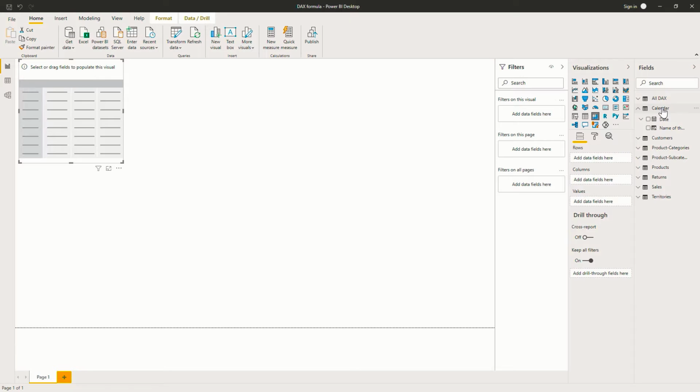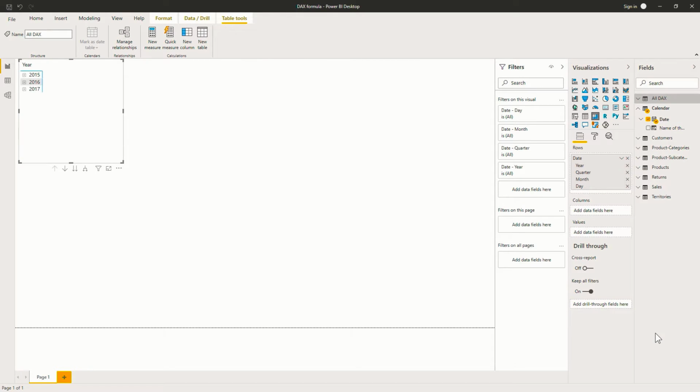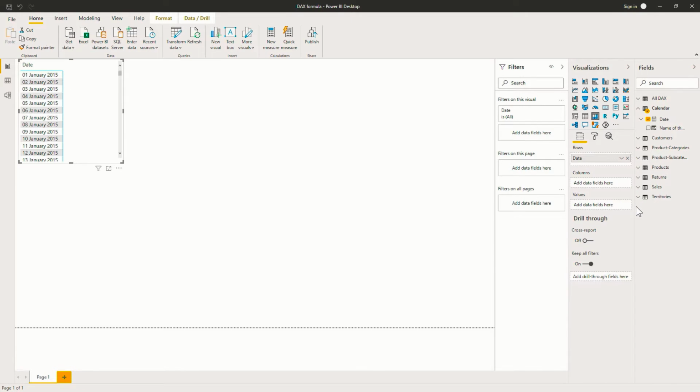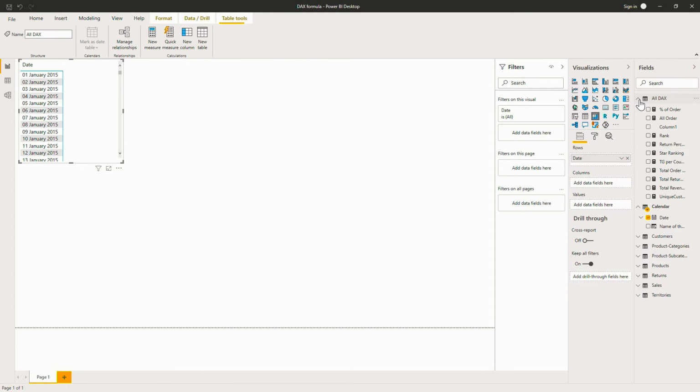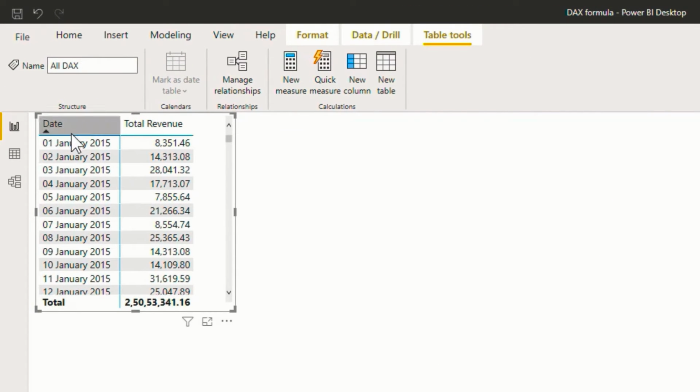Now under the calendar table I will select date, and then I'll change the hierarchy over here. Now to this, from the all DAX table, I'll add the total revenue measure. So now you can see the total revenue for each date.